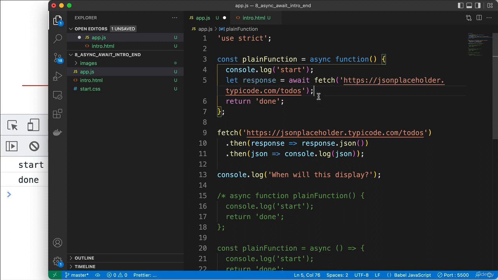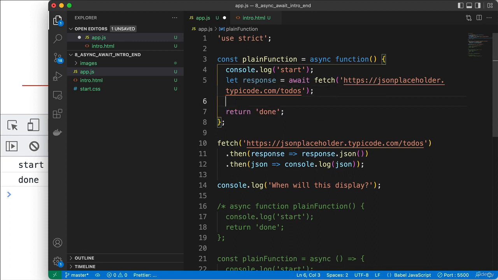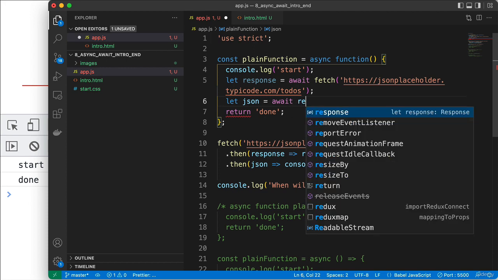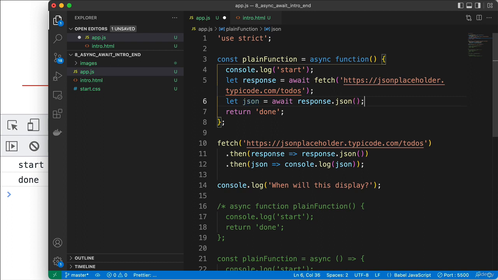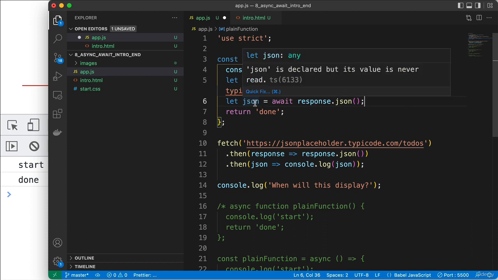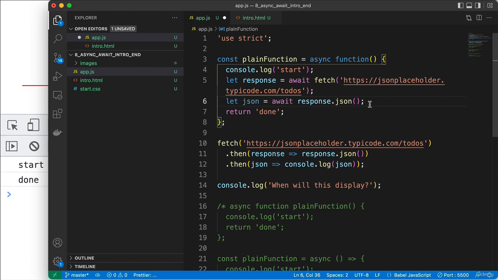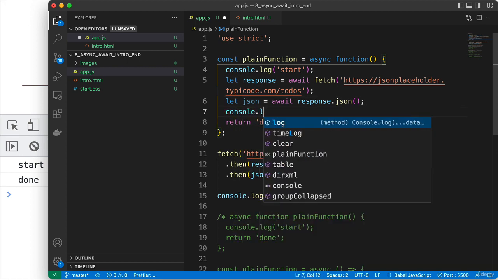Well, what do we want to do with that response variable? Well, we want to convert that response object. That variable contains the response object, and we want to convert it to data that we can work with. And so we're going to set up another variable here, and we're going to set that equal to await. Once again, we're using await because response.json, the JSON method, returns a promise as well. And so we want to await, we want to pause the code until that is returned. Once that's returned, well, we can